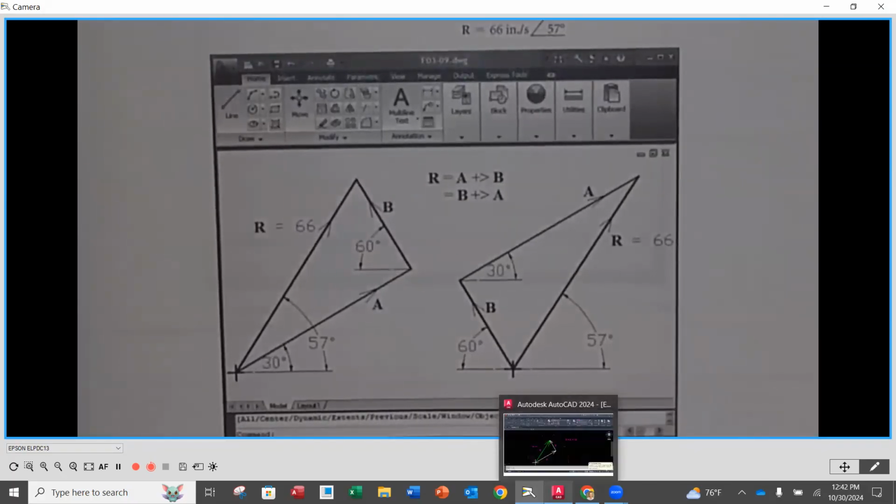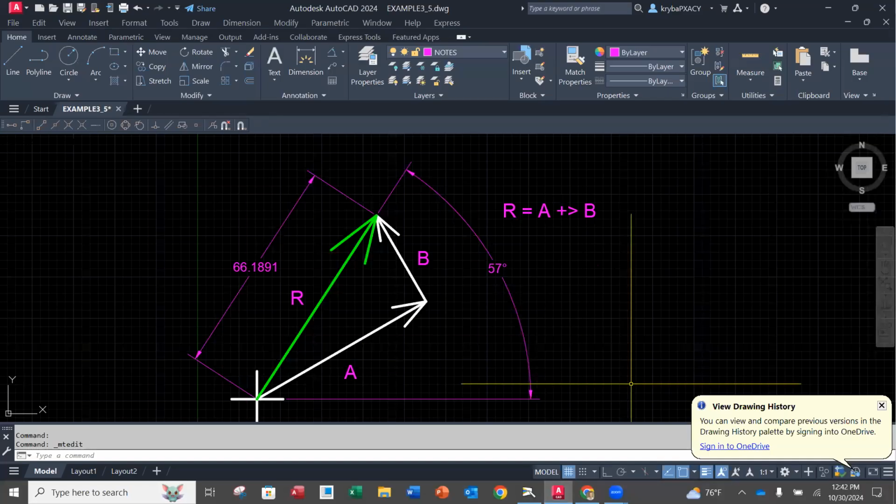So your diagrams are going to include what we see here. Each one of your vectors needs a label. So in this case, we had an A and a B. We did not put their dimensions on because again, it would clutter this up. And by doing the resultant and adding the magnitude and the direction there, so the 66.4